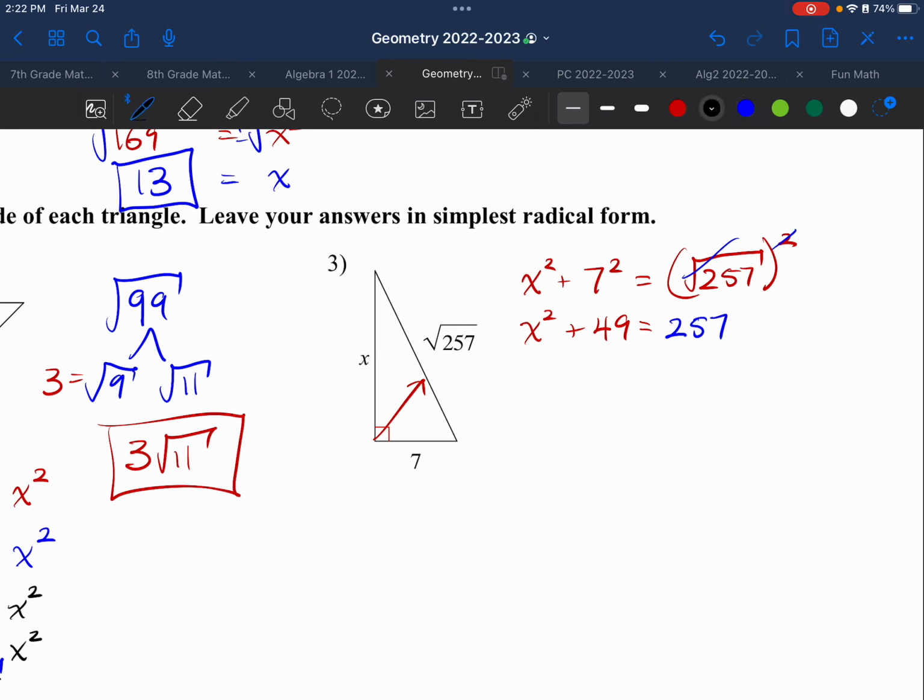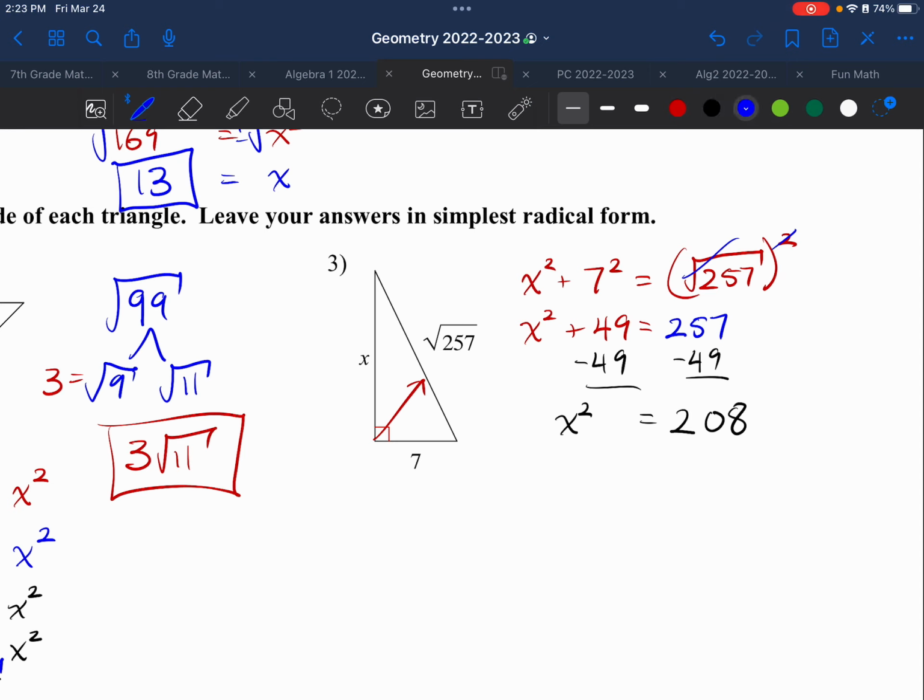From here, I'm going to subtract 49 on both sides of the equal sign. That means I have x squared by itself, and on the right-hand side, what is that going to be? It's basically subtracting 50. So I'm going to go ahead and subtract 50. I'm going to get 207, but I need to add 1. I get 208. I add 1 because negative 50 plus 1 is negative 49. So I have x squared is equal to